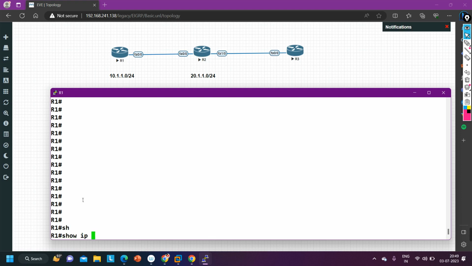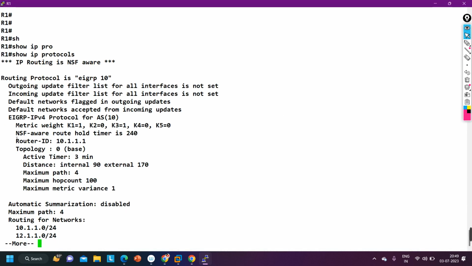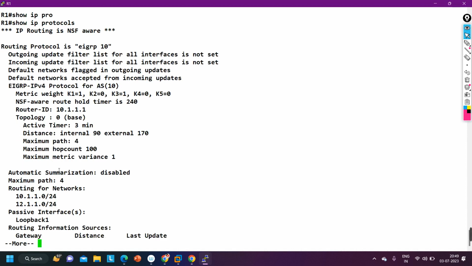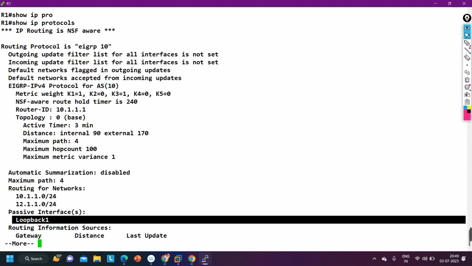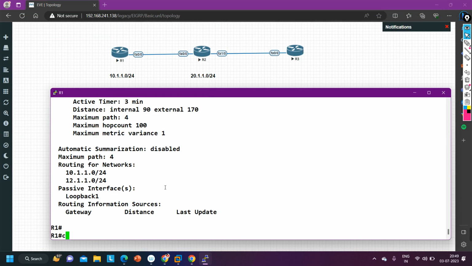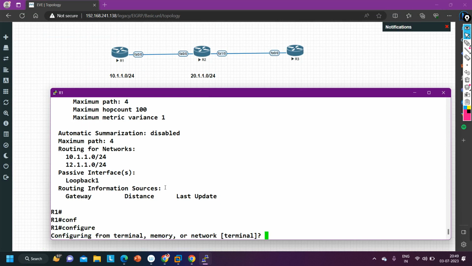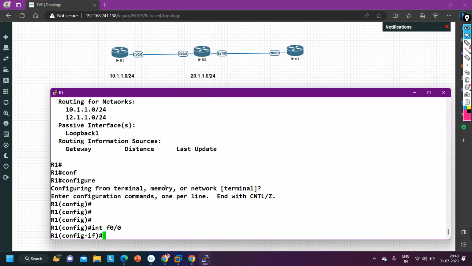So IP protocol. In show IP protocol we can see, let me maximize it, this is the output of show IP protocol. Here you can see the passive interface Loopback 1. So in EIGRP troubleshooting, by mistake, if an engineer configures F0/0 as a passive interface,